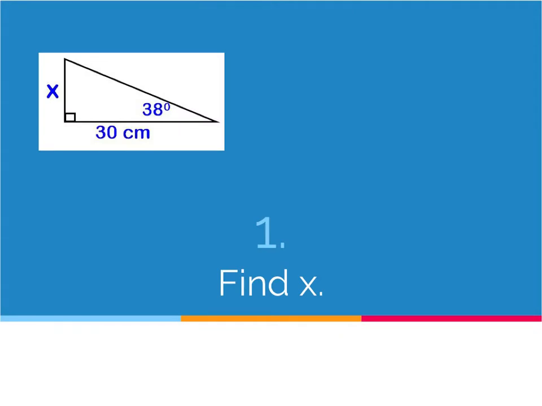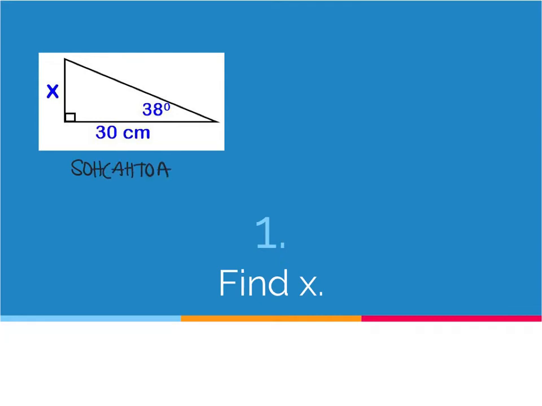All right, let's look at some examples. Our first example says to find x. And always, if you go back to that flow chart, the first question you need to ask yourself is, is it a right triangle? If it is, we're going to use sine, cosine, or tangent, SOHCAHTOA. As we look at this triangle, it is indeed a right triangle, so we can use SOHCAHTOA